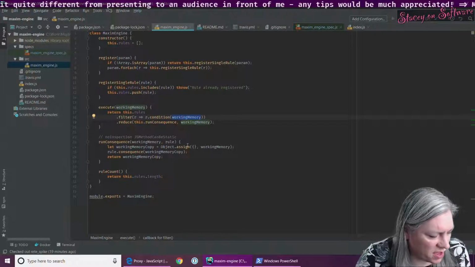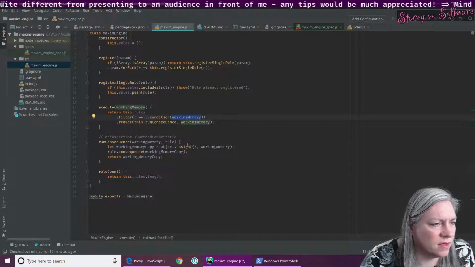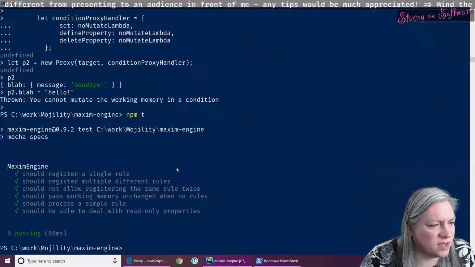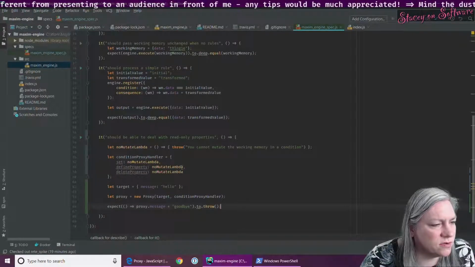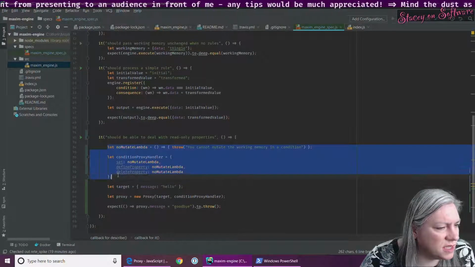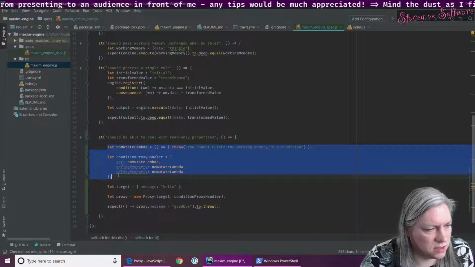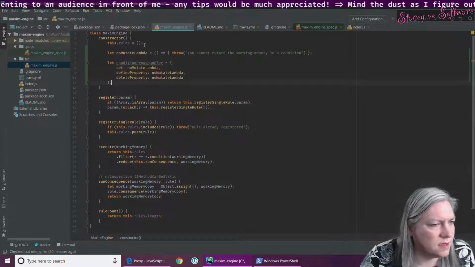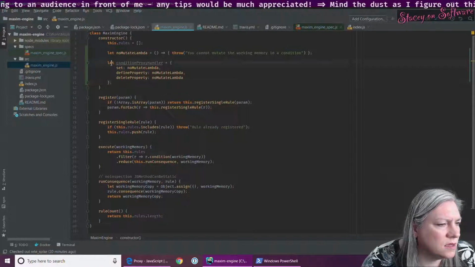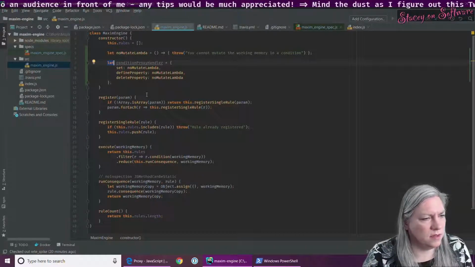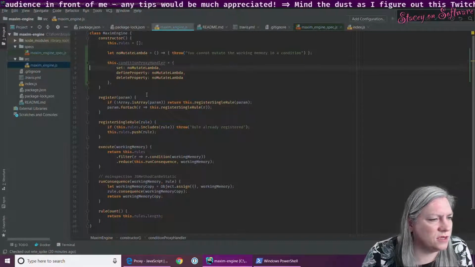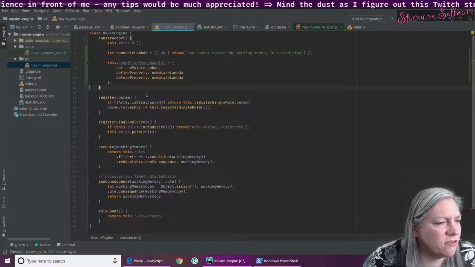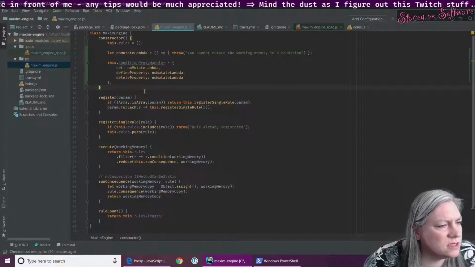Now, what if I set this stuff up in the constructor? So these things,